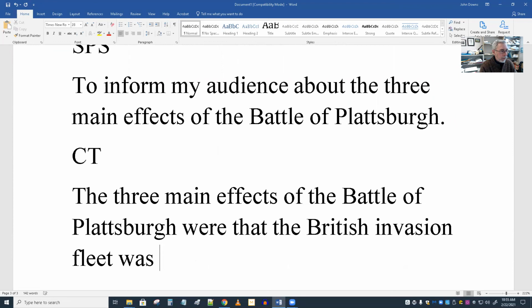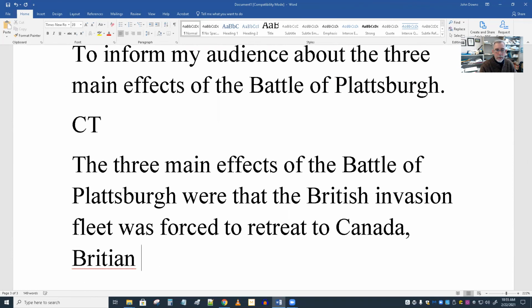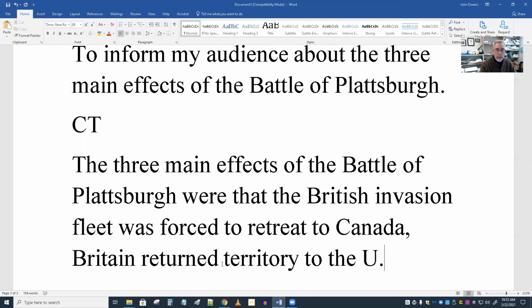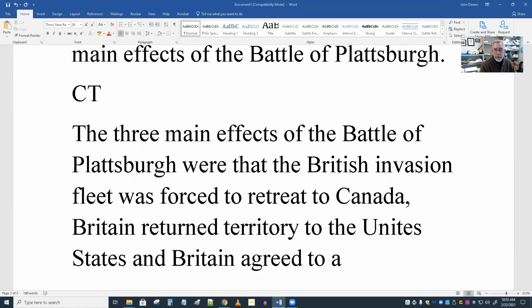Central thesis would be the 3 effects, or major effects, probably major would be better, of the Battle of Plattsburgh were that the British invasion fleet was forced to retreat to Canada,